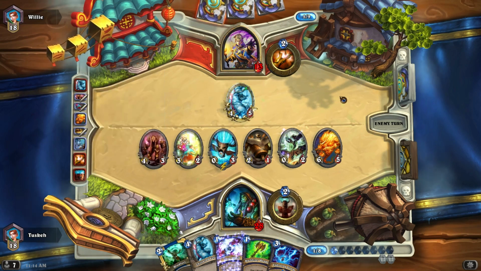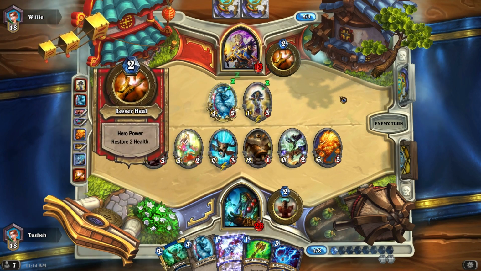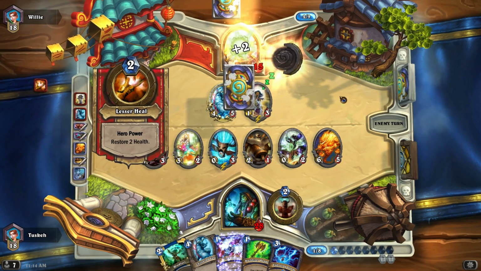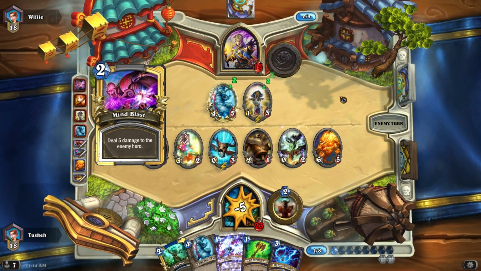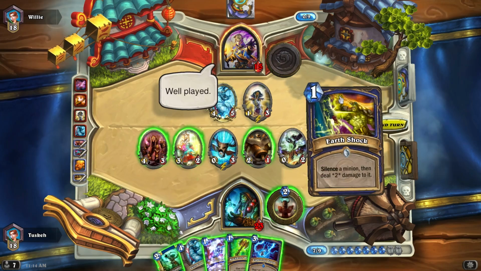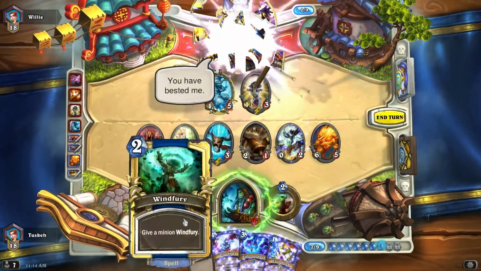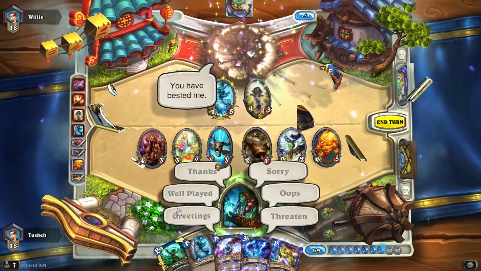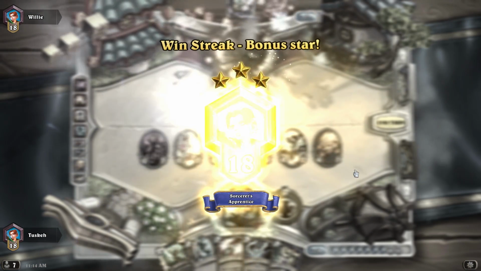So he plays the Chillwind Yeti. He has a 4-5 Chillwind Yeti. Okay. And he's going to heal himself back up again, and he's going to hit me with a Mind Blast. I think he's just playing his cards at this point. I think he knows he's in trouble. So, I think... yep, this game is over. So, we shall just Rockbite to you. Oh, no, okay. He's going to give up. There we go. I mean, we could have just Rockbited the Fire Elemental and then Windfuried it, so...